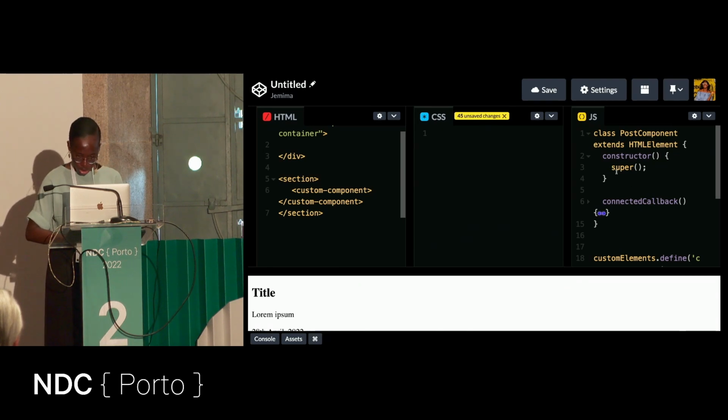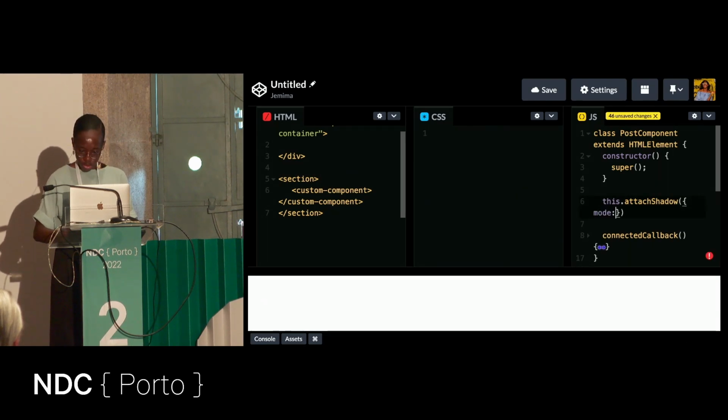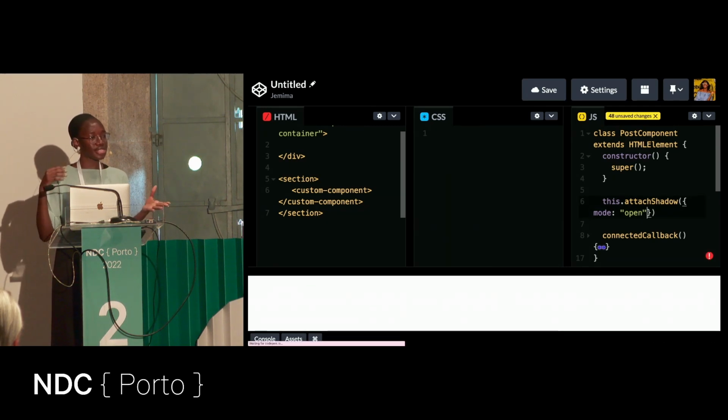So super, and then let's go down here. And we're going to have this dot attach shadow, and this is going to be mode open. So the difference between an open mode shadow DOM and a closed mode shadow DOM is how it allows a